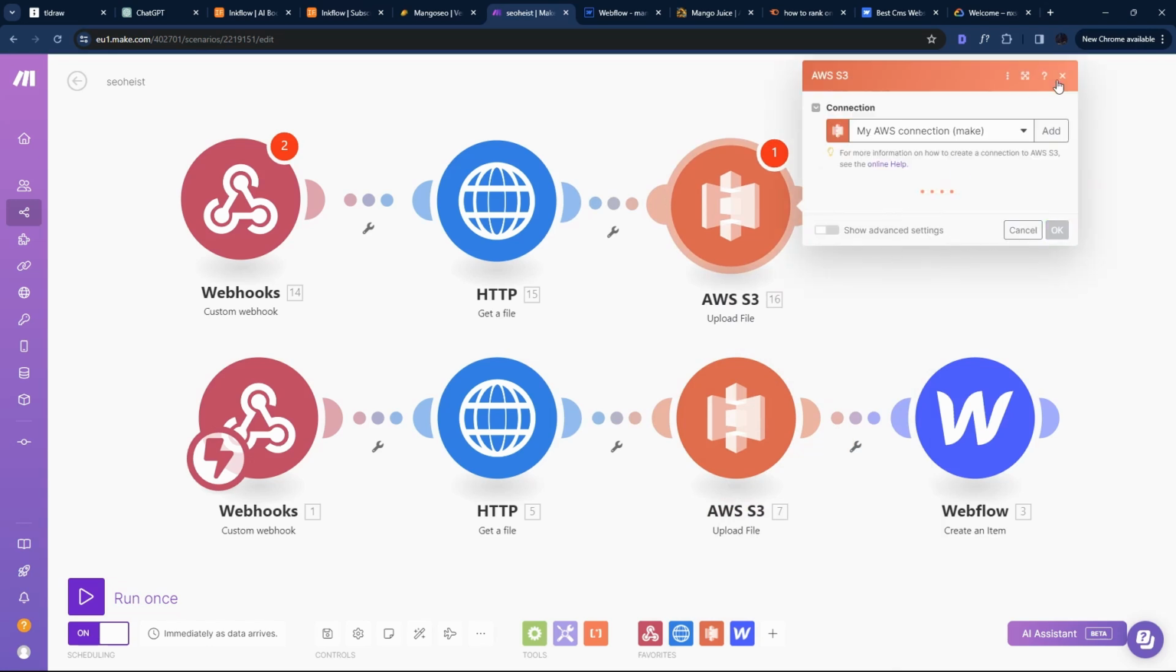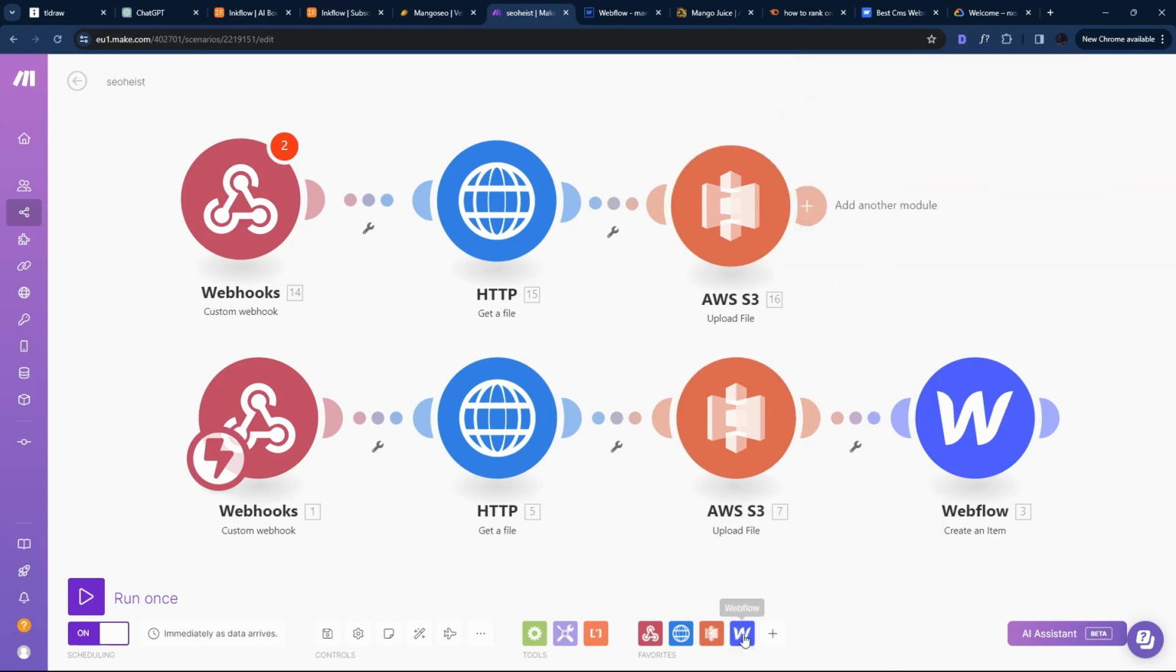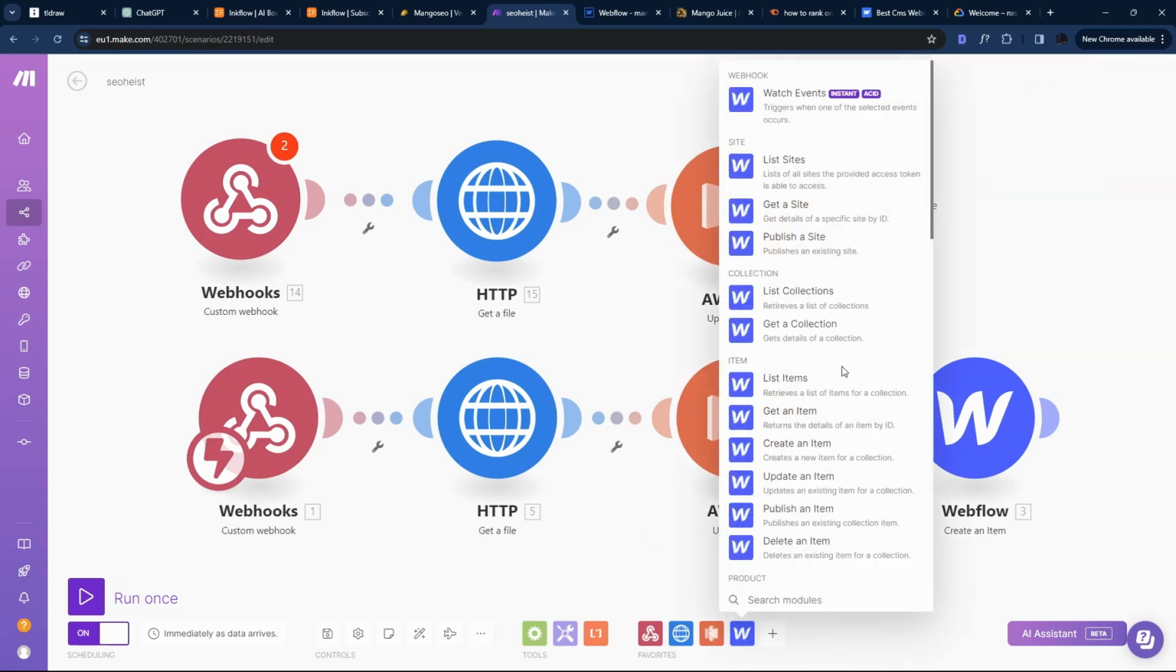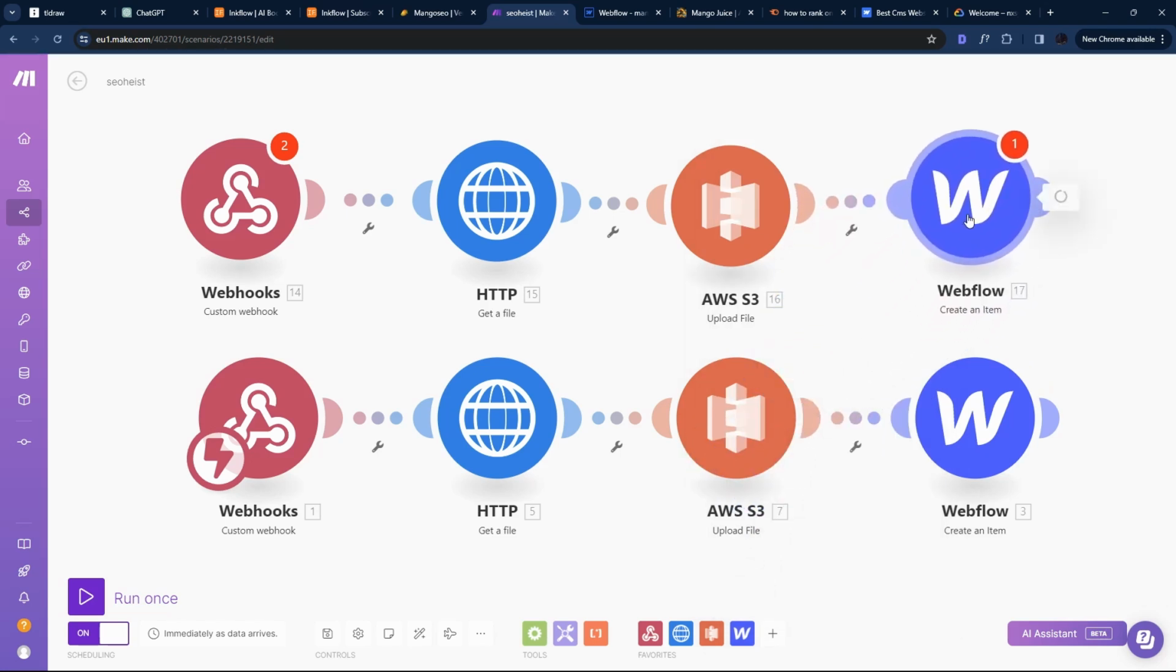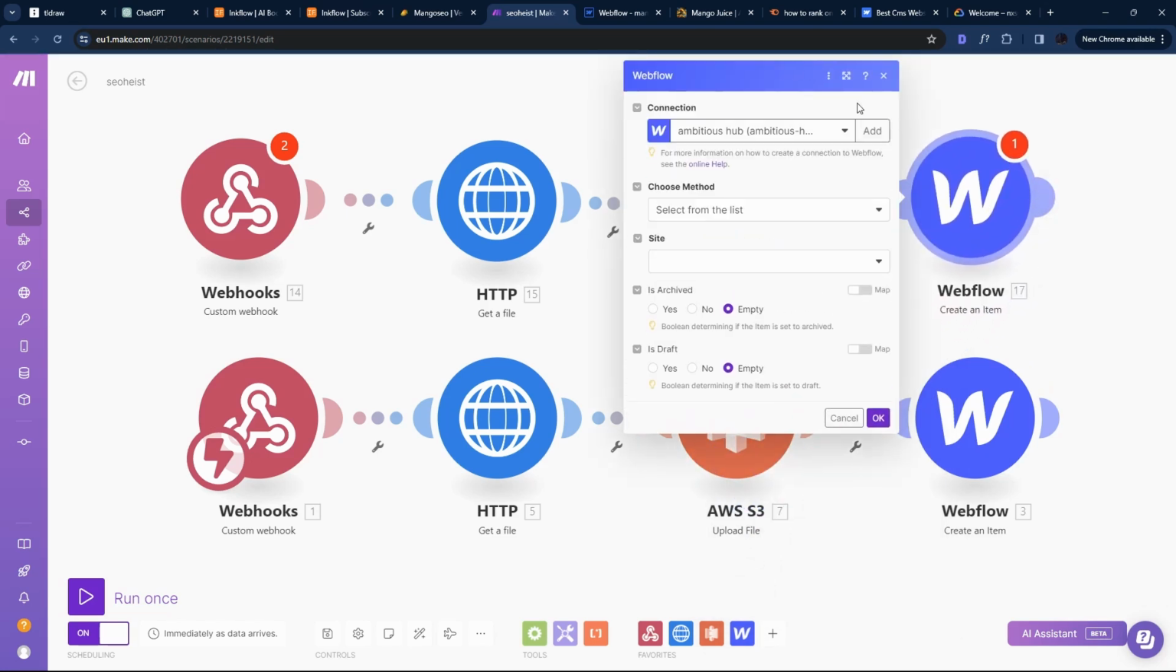And the last one is Webflow. So we just click on this one. And for Webflow, if you're using it, you want the update, create an item. So it creates a new item for a collection. So that's what we're after here. And that is the stock standard method for